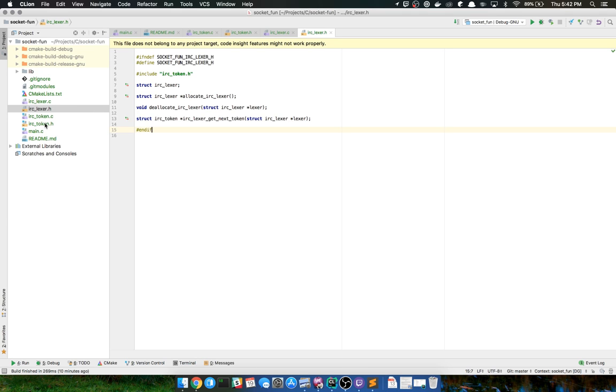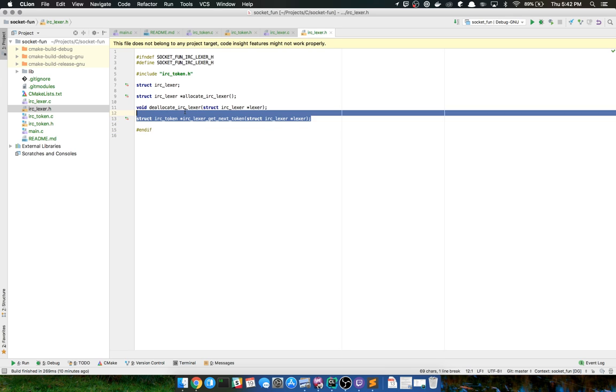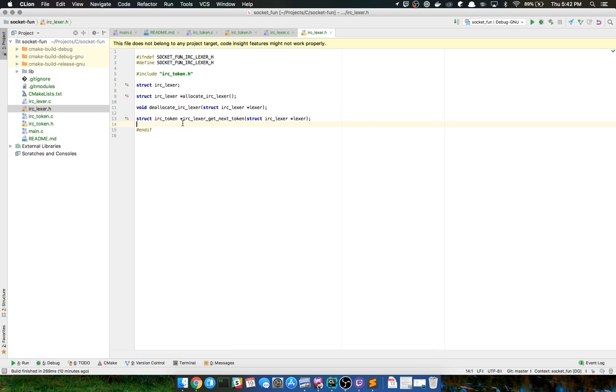Normally, when I would create a lexer, and I've done this in a past project of mine, I would also have some functions to return the line number that it's on, or the column that it's on, or some sort of error.